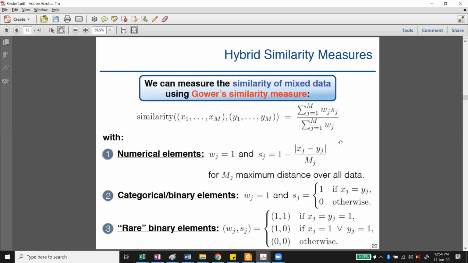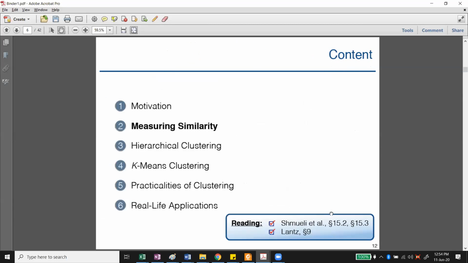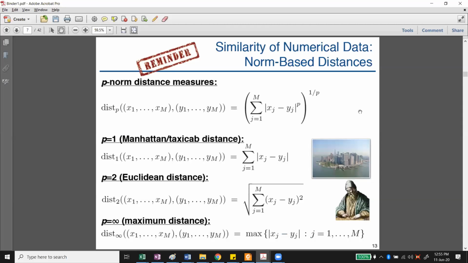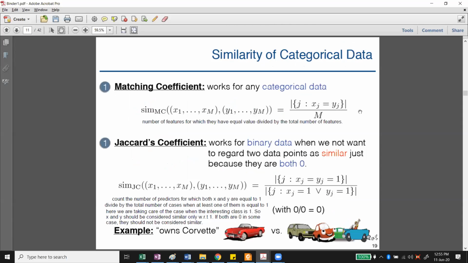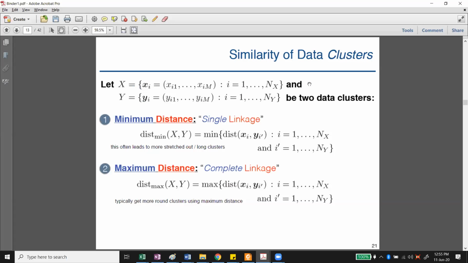You can try to go through the slide and also go through the chapter numbers written here if you want to understand this in detail. But for our purposes here, just keep this in mind: when you have both types of measures, you would be using a measure called Gower similarity measure. I want to move on here